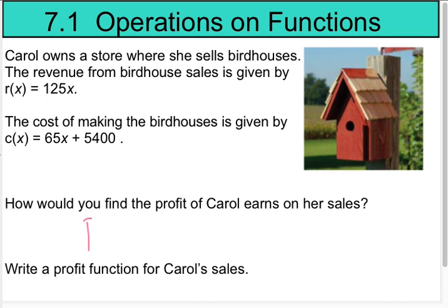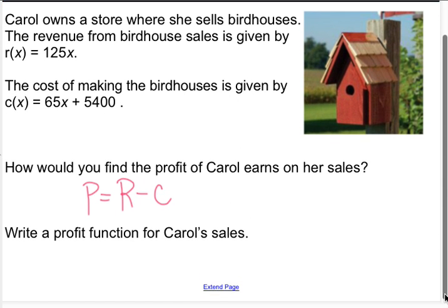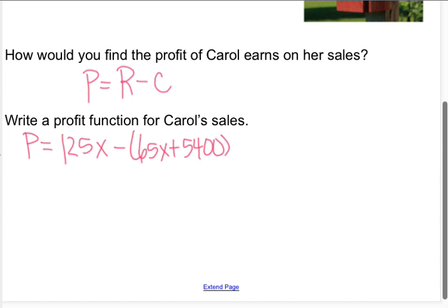Well, the way you can find profit is by taking revenue, the total amount of money that she brings in, and subtracting the cost. Okay, so what we want to do is write a profit function for Carol's sales. Well, our profit will be equal to the revenue, which we read above is 125x, minus the cost, which is 65x plus 5,400. Okay. If I go ahead and simplify this, I would distribute that negative